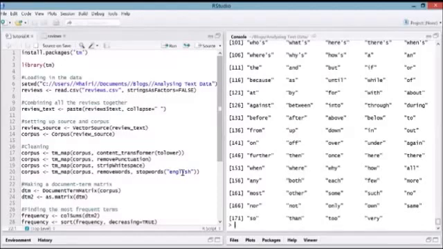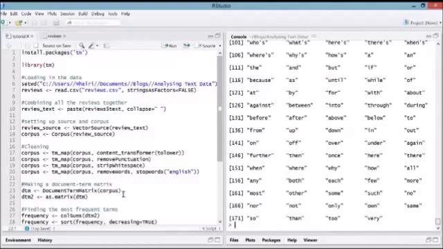So depending on what the purpose of your text analysis is, you might want to do the cleaning step a bit differently. You might be interested in what punctuation marks are being used, so then you wouldn't remove punctuation. And sometimes you wouldn't want to remove stop words. It's up to you. Just have a think about what you're trying to achieve. Okay, so the next